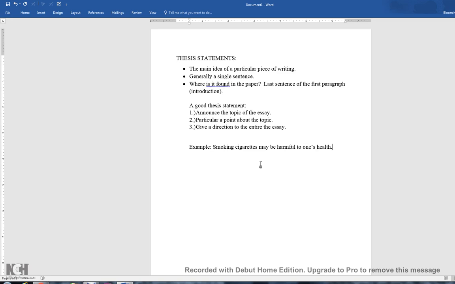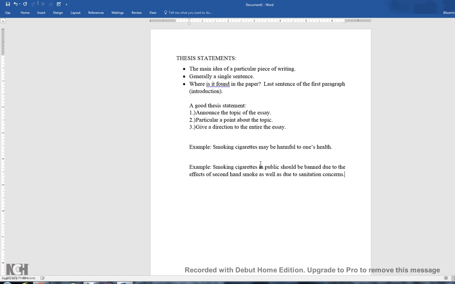Kind of, but it's not really something that can be argued, because I think most will agree that it's harmful to one's health. Does it give direction? Not at all. So that's kind of where we've fallen off the cliff. Now, if I go back and try to tweak it, I may say, smoking cigarettes in public should be banned due to the effects of secondhand smoke, as well as due to sanitation